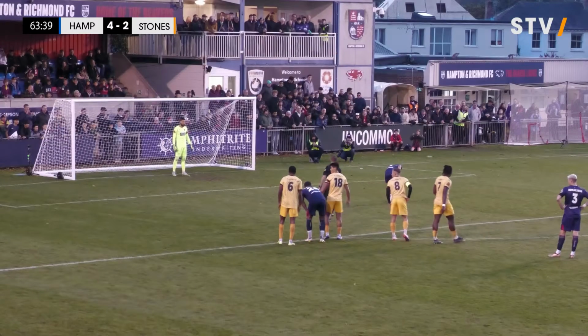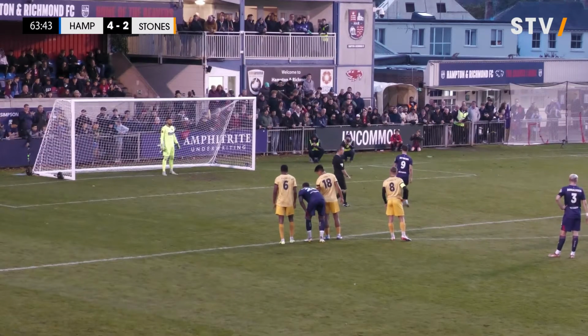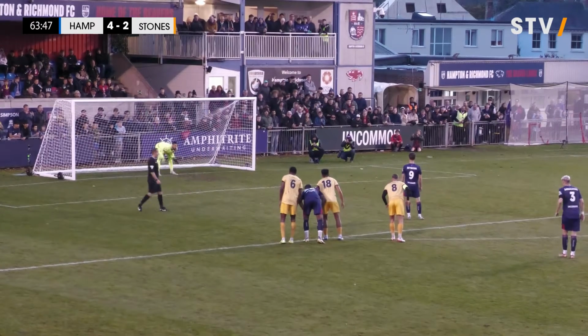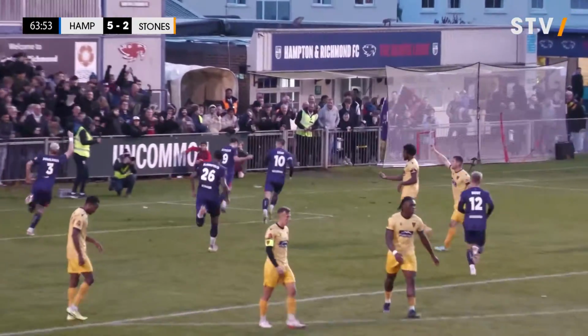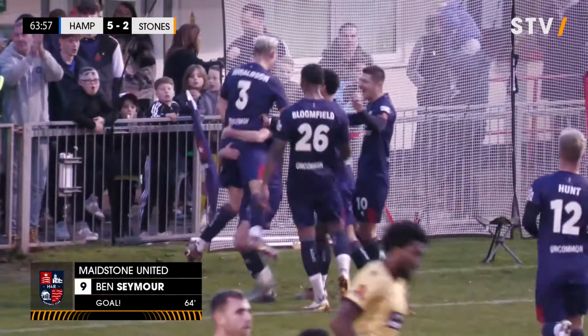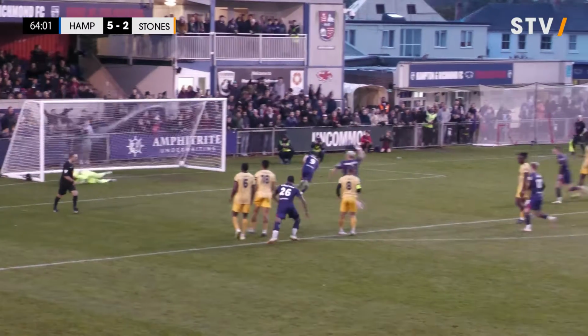Good save this. Well, you'd think, Connor, if Coverland was able to pull some magic out of the bag here, that could inspire Maidstone to mount another comeback. We are currently awaiting Seymour to take this penalty, and he does convert it into the far right hand side of the goal. 64 minutes on the clock, plenty of time left for more goals either side,